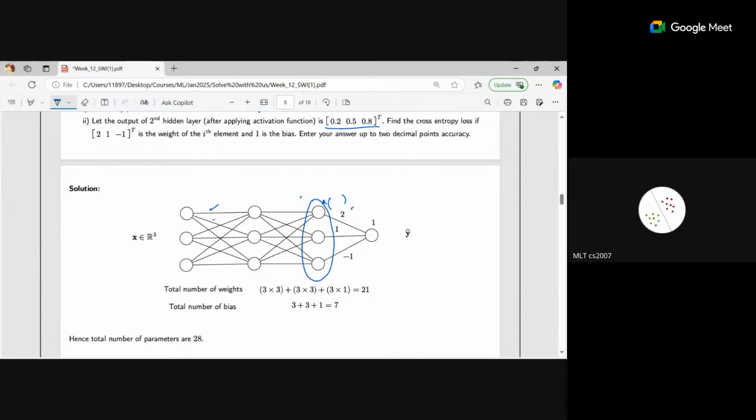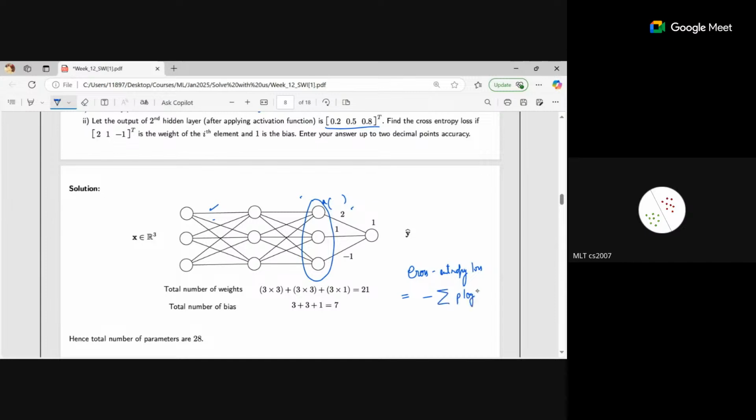Are you aware of the cross entropy loss? How do you define it? P log P plus 1 minus P log P. Yeah, that's correct. I'll just write it here, so maybe you can use that. You can find it, give me some time. The cross entropy loss is given by minus of